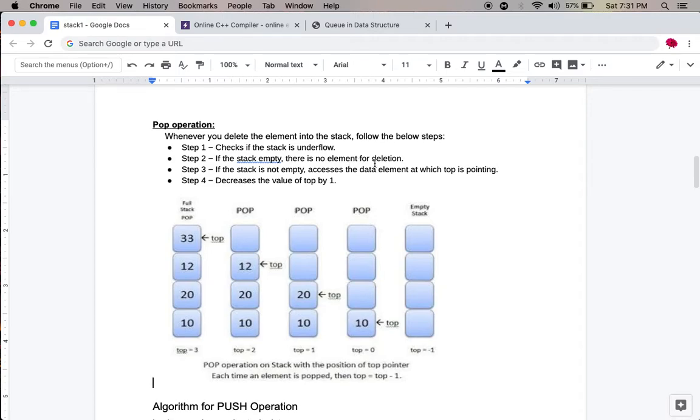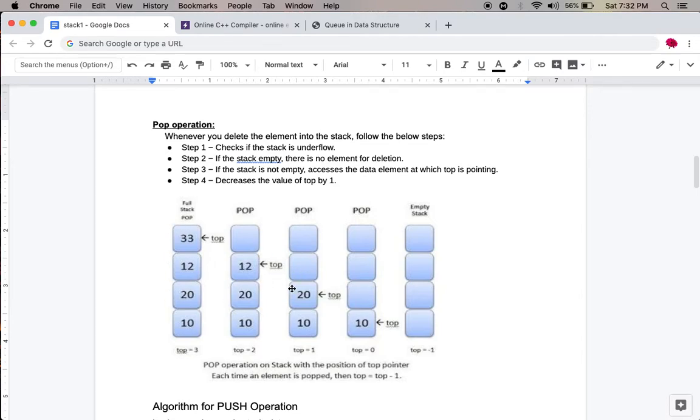If the stack is not empty, then you can delete the element at the top of the stack, and after that you decrement the top by 1.